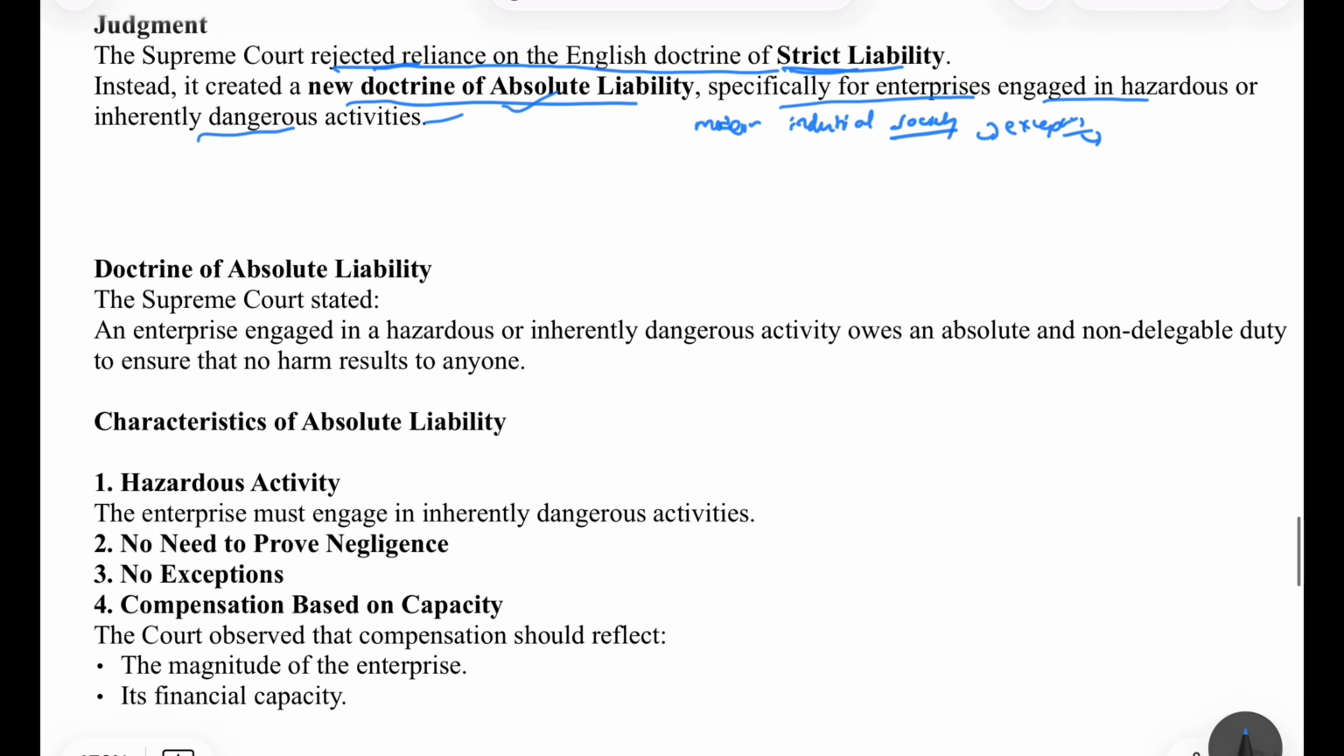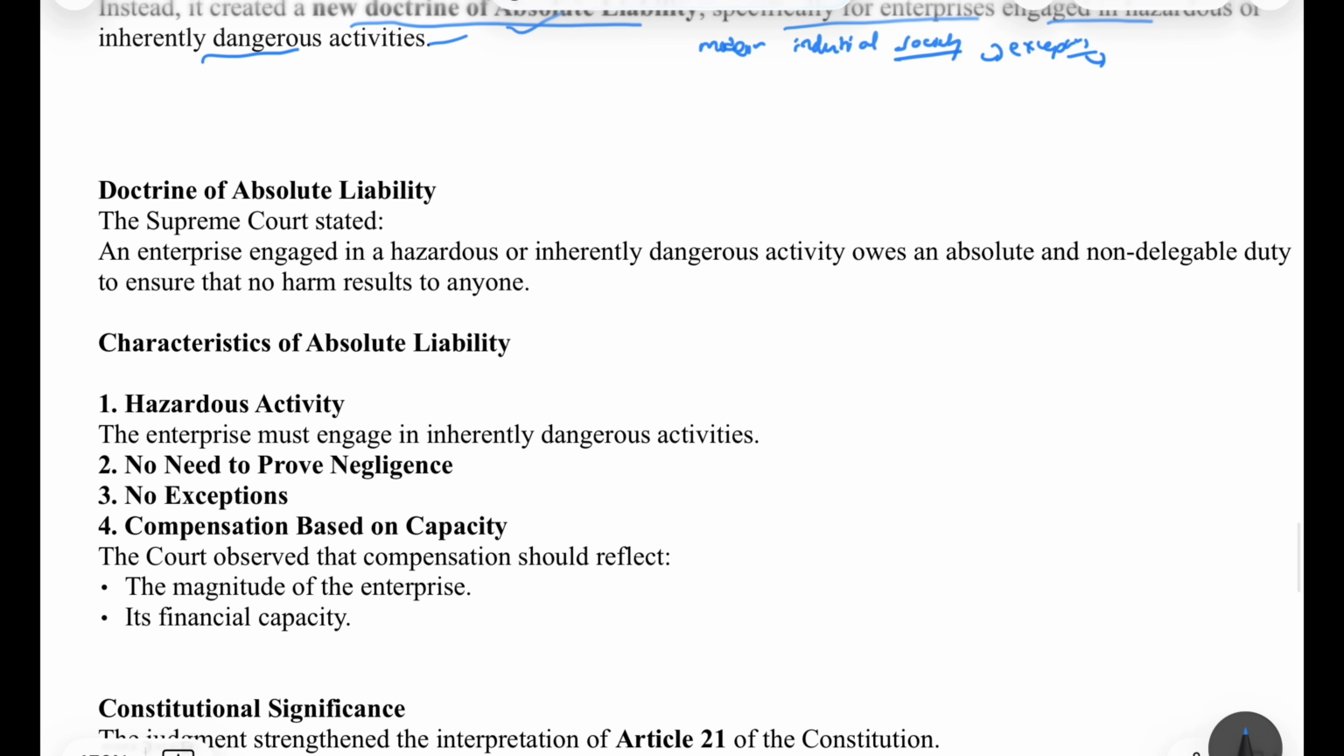Okay, and what is the doctrine of absolute liability? The doctrine of absolute liability is: an enterprise engaged in hazardous or inherently dangerous activities owes an absolute and non-delegable, or non-negotiable, duty to ensure that no harm results to anyone. That is, no exceptions are available under this doctrine. If harm occurs, the enterprise is absolutely liable. Next, it cannot avoid liability